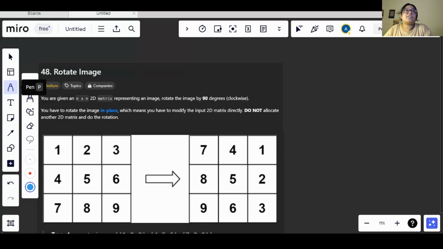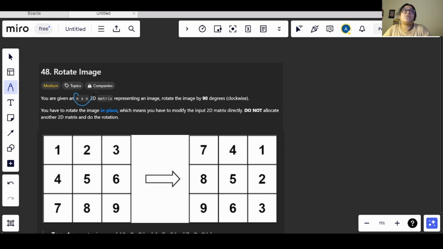In this question we have been given an n by n matrix, which basically means that the row and column number will be the same. We have been told that this matrix is like an image. We need to rotate that image by 90° in the clockwise direction. The rotation should be in place.